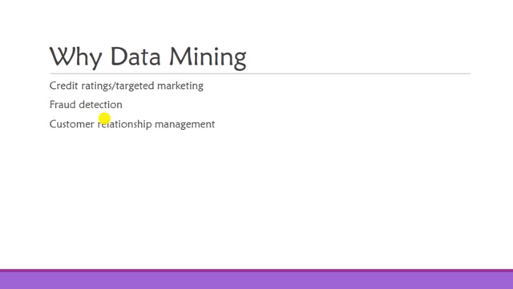We will be able to know which of the customers are likely to be most loyal, which are most likely to leave for a competitor, and the way in which we can resolve the issue and keep the customers. And it can be used for other things in bioinformatics or biodata analysis, also for text mining and other things. So there are several reasons why we use data mining.